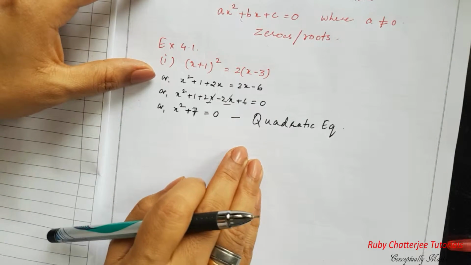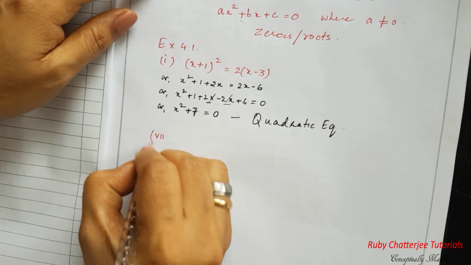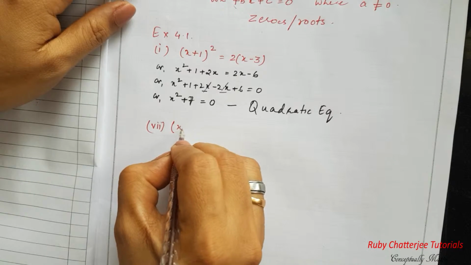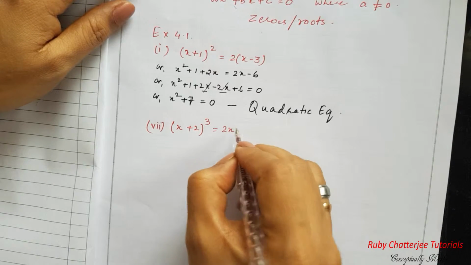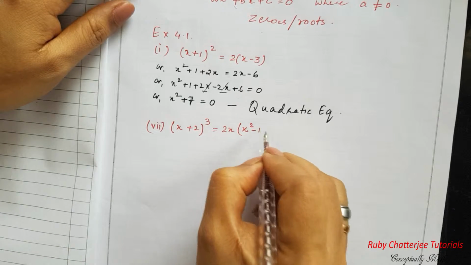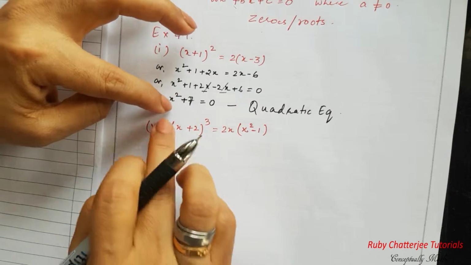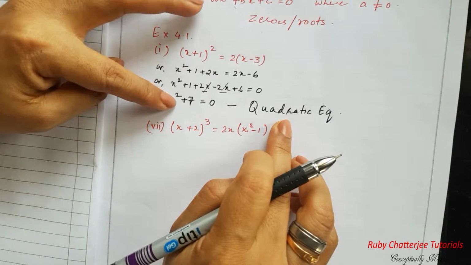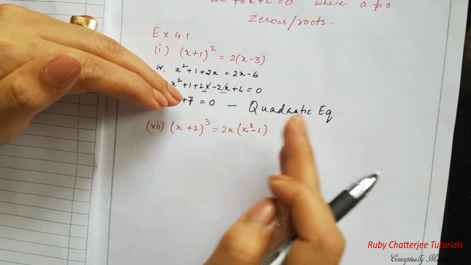Let us take one more example from the exercise. So we'll take the example 7. Now if you look at the example 7, it says (x plus 2) whole cube is equal to 2x into (x square minus 1). Now let us try to, again as I said, simplify it. This is in the factor form because it is (x plus 2) whole cube, and here also we can factorize it, and then we'll bring all the terms to this side so that we have only 0 to the RHS